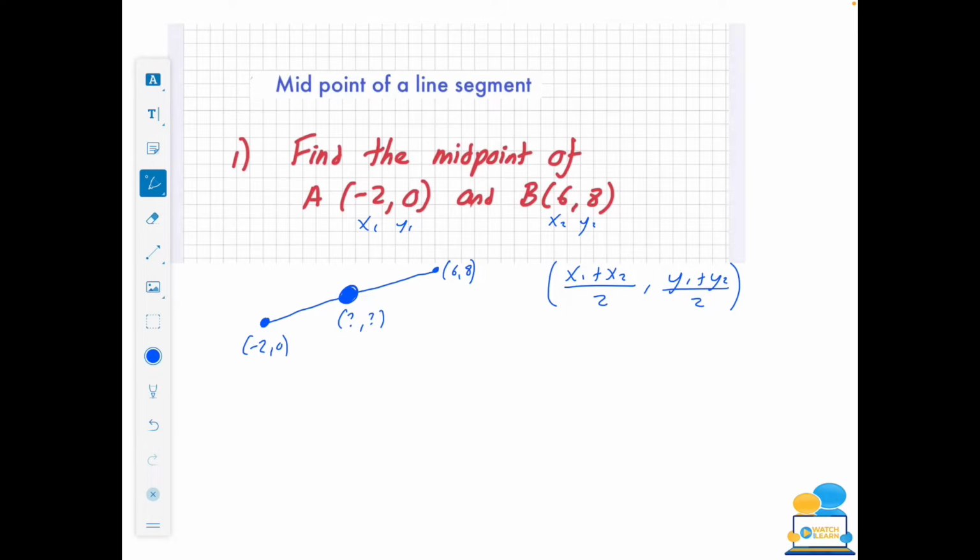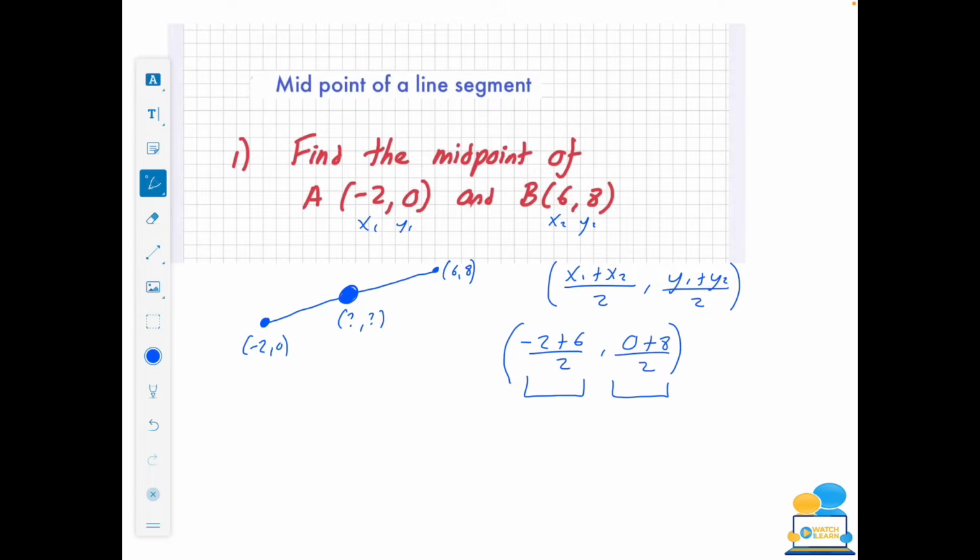Okay, so we should be seeing the similarity with the last section on finding the distance. So now we're just going to sub this in. So we'll have x1, which is minus 2, plus x2, which is 6, all over 2, and y1, which is 0, plus 8, all over 2. Now, when you're putting these into your calculator, I'm going to put this bit in first, and then this bit,